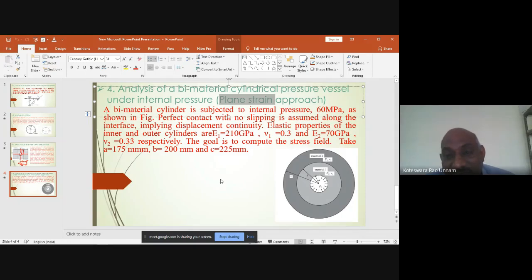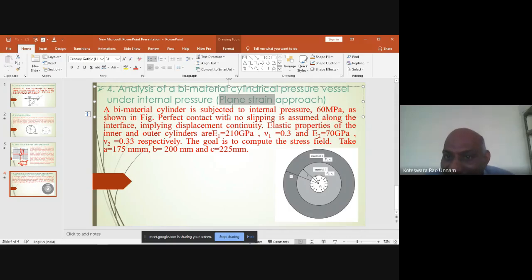That doesn't mean that you don't have stress values. You have stress values. Plane strain means the strains are non-zero only in the given plane. In the xy plane, epsilon x is there, epsilon y is there, and gamma xy is there. If you don't take plane strain, if you take a general problem, you have 6 strains and 6 stresses, right? Yes, sir. Sigma x, sigma y, sigma z, tau xy, tau yz, tau zx, 6 stresses. Similarly, you have 6 strains: epsilon x, epsilon y, epsilon z, 3 normal strains, and gamma xy, gamma yz, gamma zx, 3 shear strains.